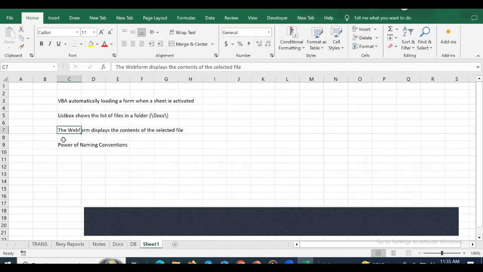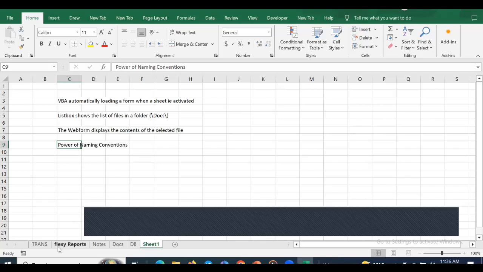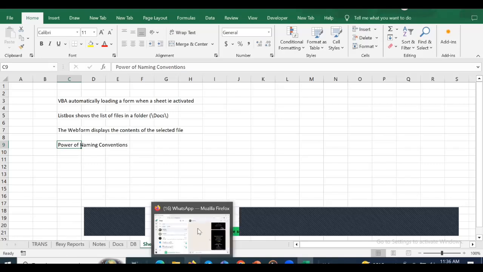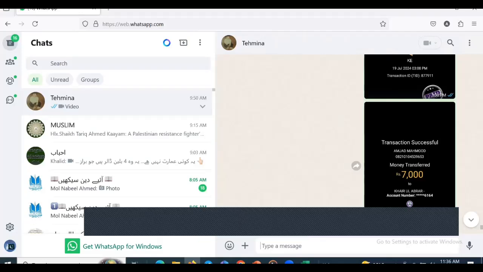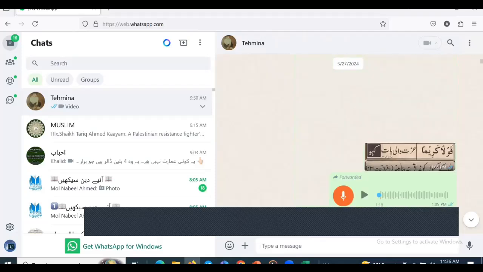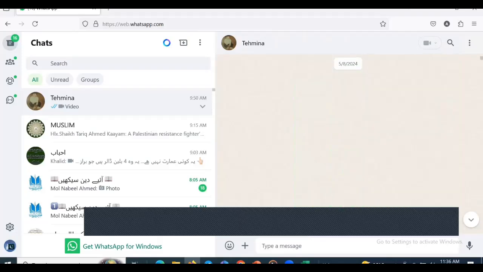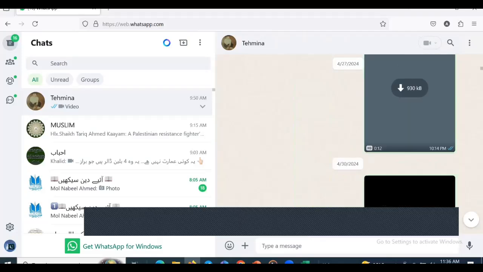So let's add some more files using the naming convention. The naming convention is a very useful thing. If you follow the naming convention, this system is going to prepare flexi reports on the basis of it. For this, we take you to WhatsApp, where you have a group in which different transactions are being posted, and you want them to be used by this system which we have shown you.